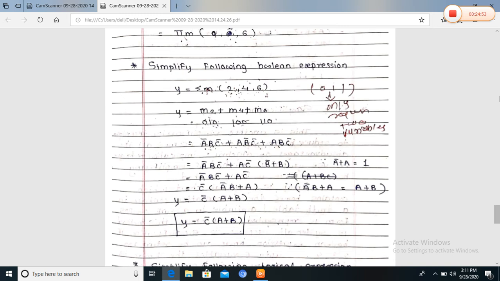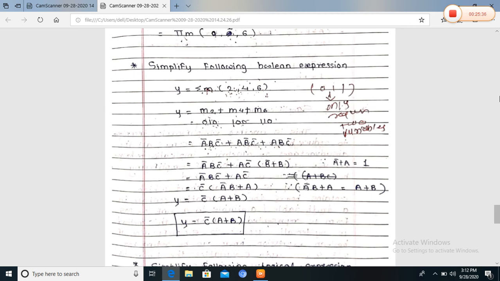For those min terms we represent the expression in a standard SOP. In the first example, from the expression we found the min terms, and in the second example, the expression was a standard POS, and we found the max terms. This is the M2 term. For 4, that is the M4 term. This is M6. In that example, the values are from 0 to 7.